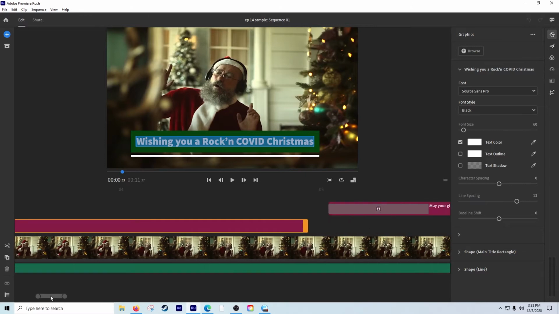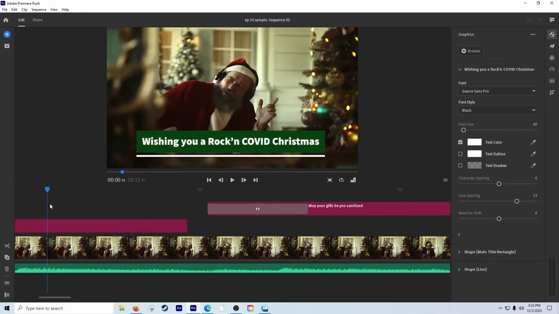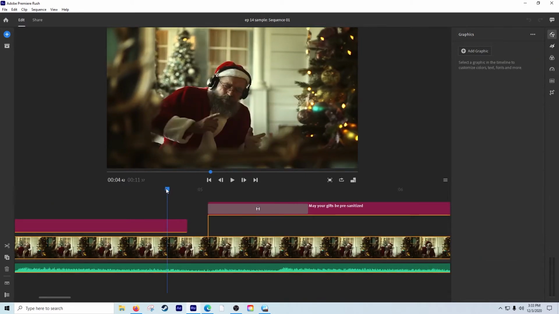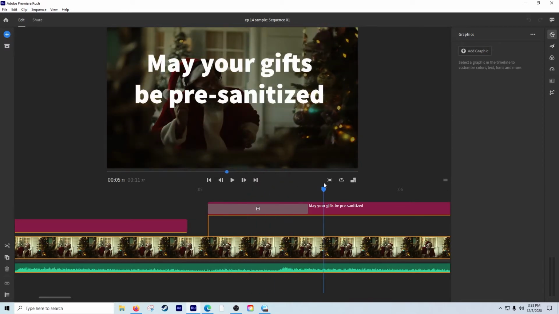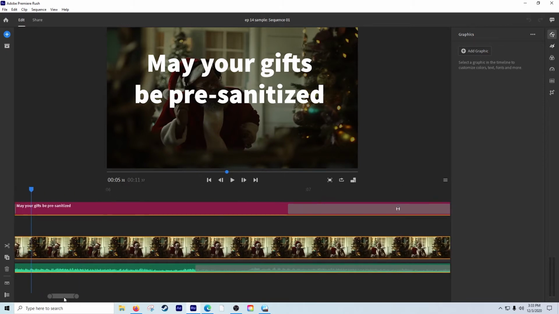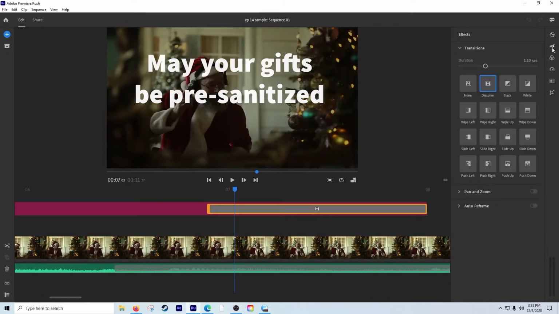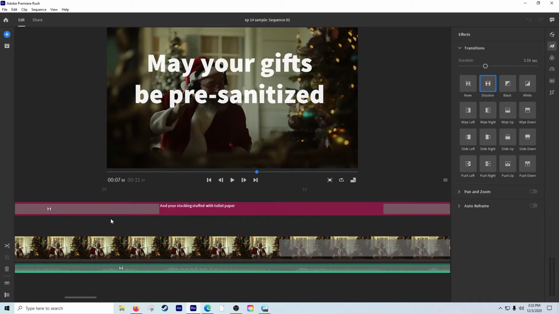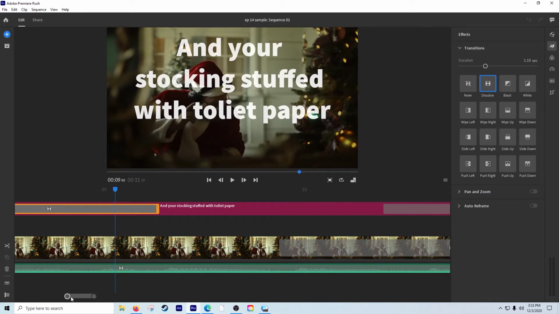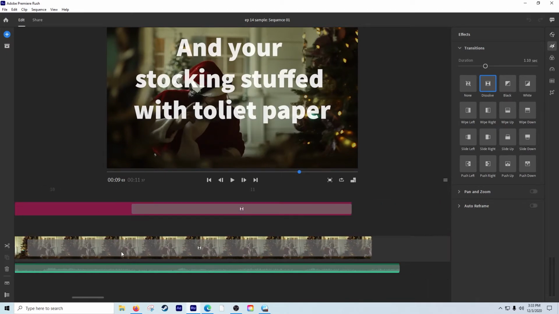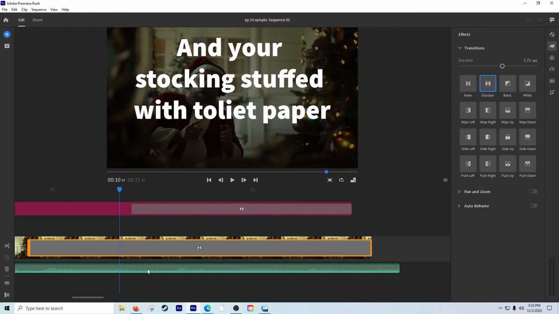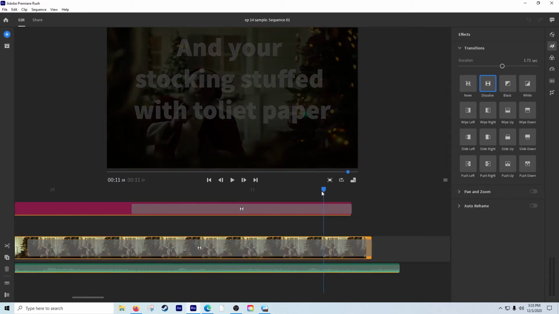And once that was on there for long enough that somebody could read it, I added in some of my own text using titles. I chose to add in the dissolve from the effects tab, so that way it could phase in and phase out with the other phrases that I have added. And towards the end, I just did a dissolve on both the song as well as the images so it would close out